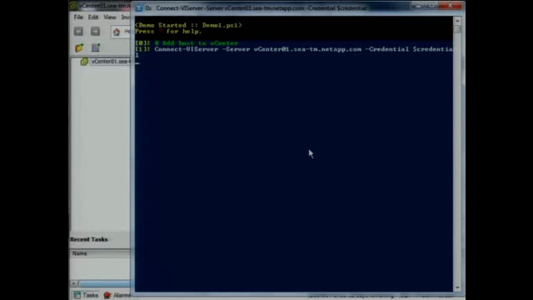So first things first, we're going to connect to the Virtual Center we've got. We're going to use the credentials. We've stored them out in a file just because the environment is like ultra secure, as you'll see in a couple of seconds here.